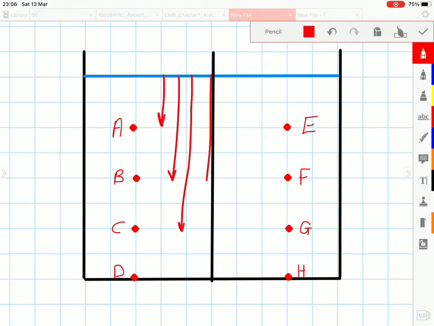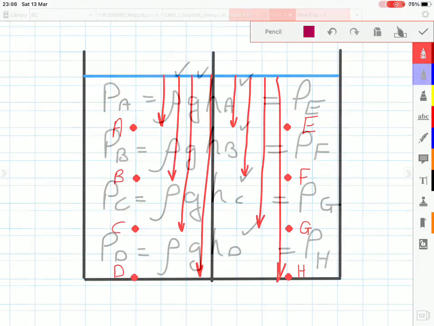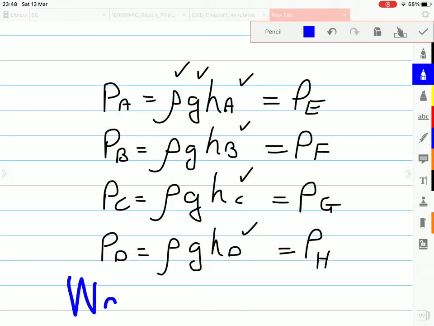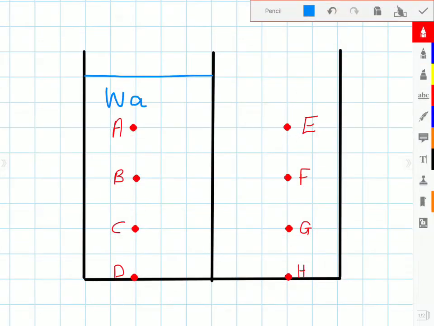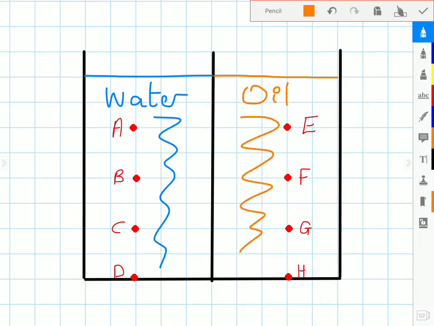Of course, we'll have similar depth values to the different points, and we have water on both sides of the tank. So simply the pressure would be equal at A and E, at B and F, C and G, and D and H. Now, if we use different fluids, let's say water on the left and oil on the right, the values